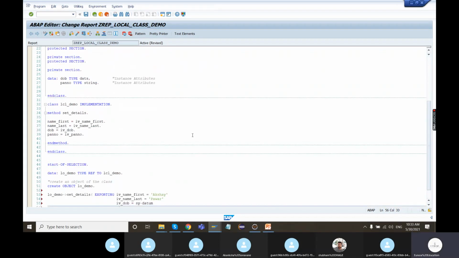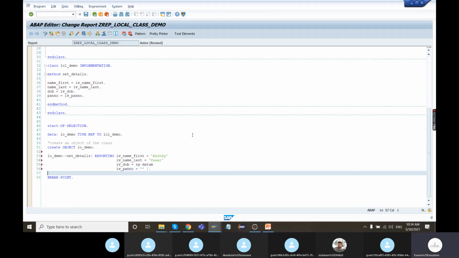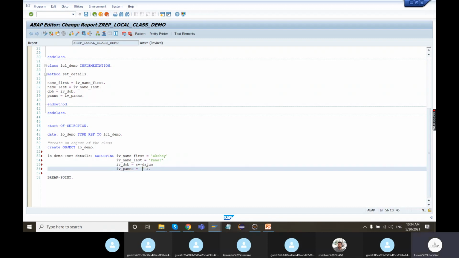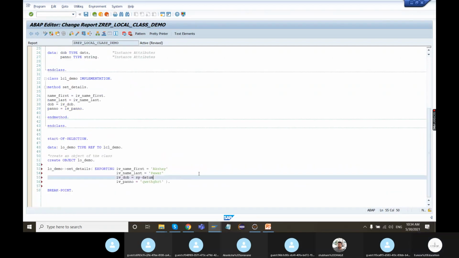Since it's a date, I can pass any of it. I'm passing current date. PAN number, I can pass any XYZ value. Since it's a string, it can accept any value. So I can pass it.